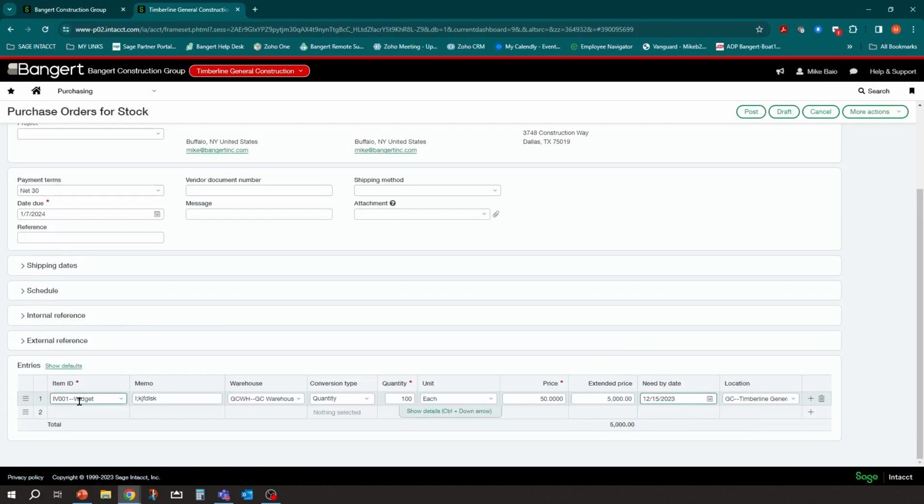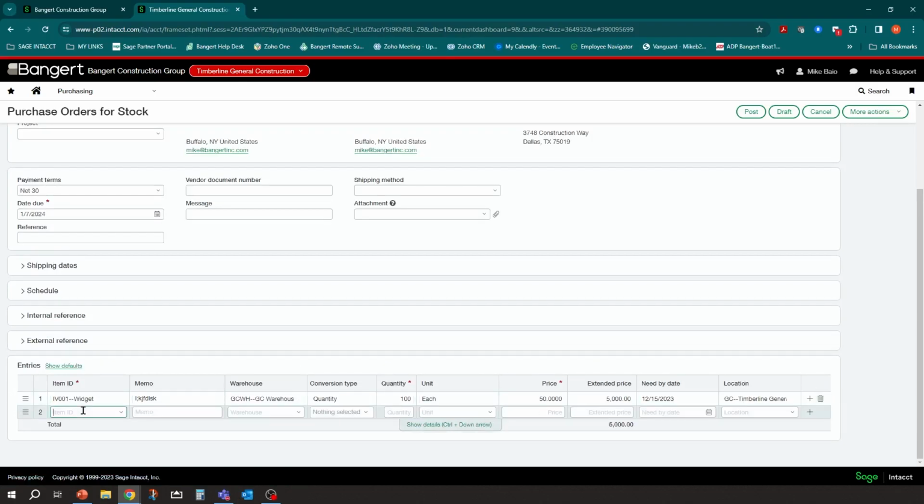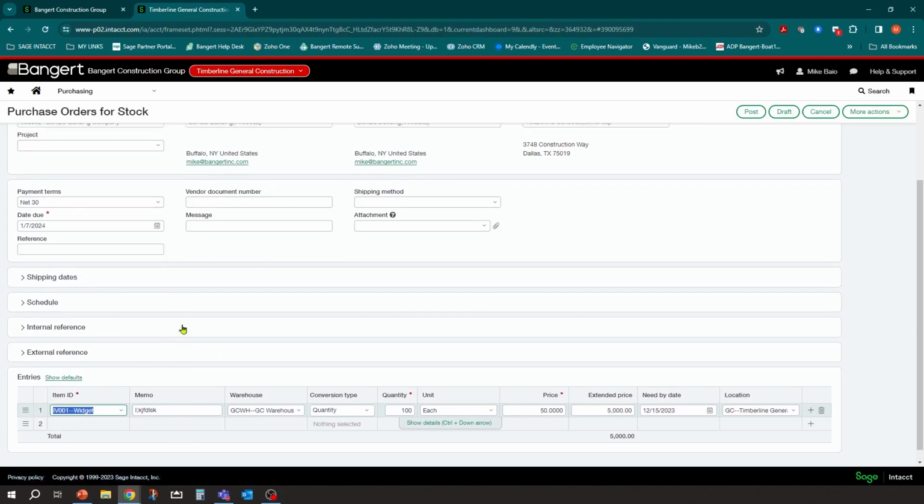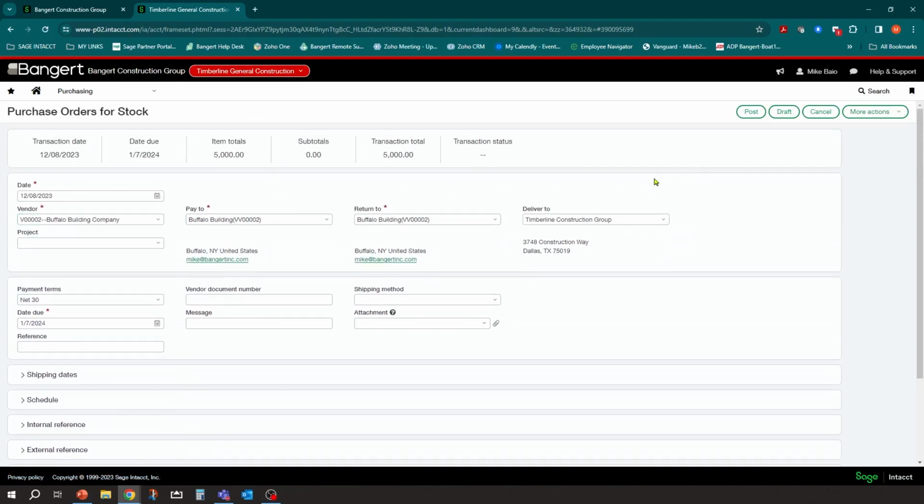Okay. So you can keep going. If you have multiple items, you just keep entering multiple items. If you have a lot of items and you want to default anything in there, you can hit the show defaults and fill out defaults. But at that point, I have two options. I can either hit post or I can hit draft. So if I'm creating my PO and I'm halfway through and I want to go take a lunch or whatever, you can click draft and just save it there as a draft. It's not going to go anywhere.